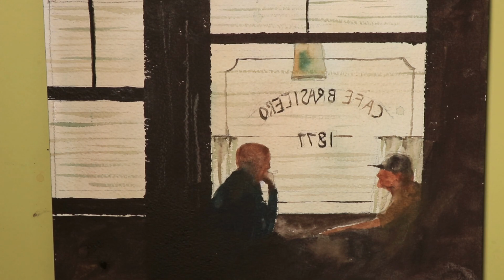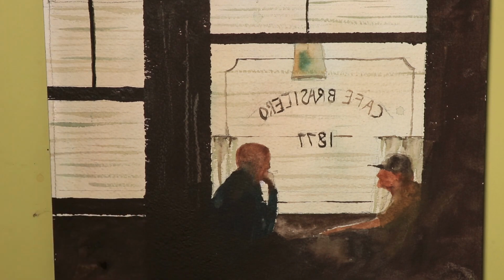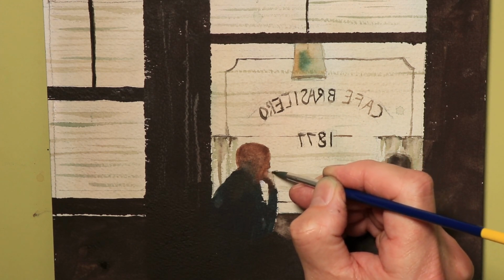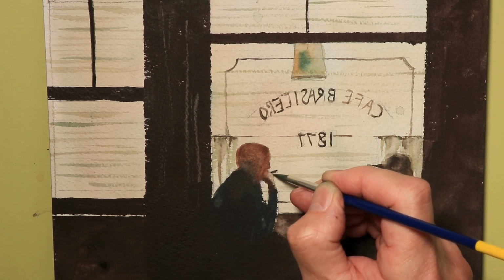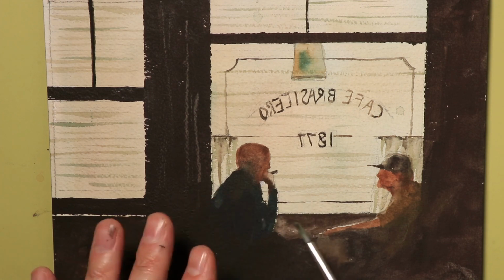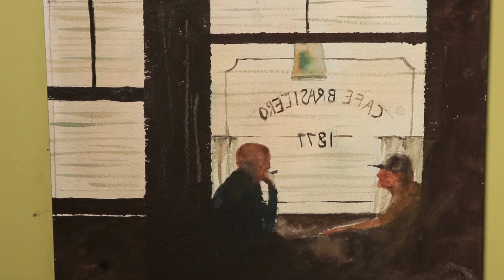So the thing I wanted to do here was just capture those last bits of details. First thing I wanted to do was maybe a touch of dark here. I'm going to do a cigar. I think it looks good here. We'll have a cigar here, like that. I wanted to do that because I think that hand that I created there, and the elbow and the arm and the hand with that figure, I think that looks just perfect. A little bit of a cigar there. And then what I'll do is